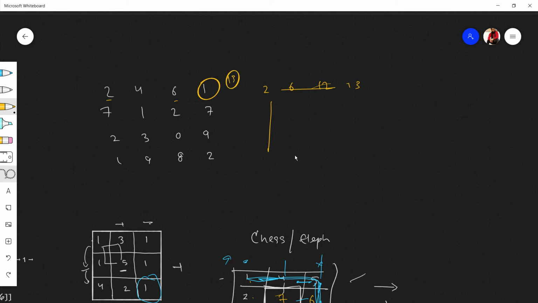You can check yourself. Now this is 9, and 9 plus 2 is 11, 11 plus 1 is 12. So if I need to reach here, the minimum amount I need to pay is 12, because I can only traverse right and down. You cannot go left or up. So this is the only way to reach here, 12. Minimum you have to pay 12 rupees.